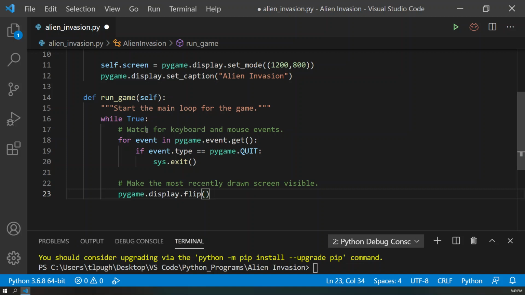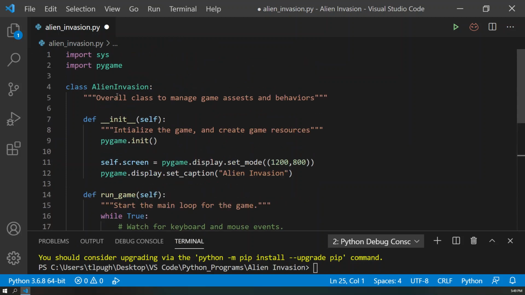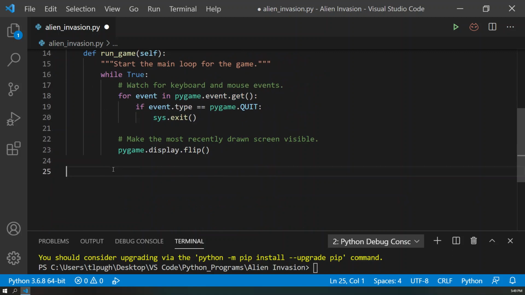Okay, so there is the first shot at our alien invasion class, right? Our alien invasion class, we're going to have an init method which creates a self.screen, and we create a run game method, and that's it. So now down here, to make this all happen, we're going to check if __name__ equals